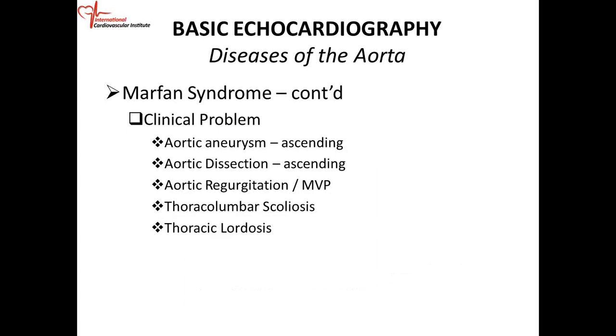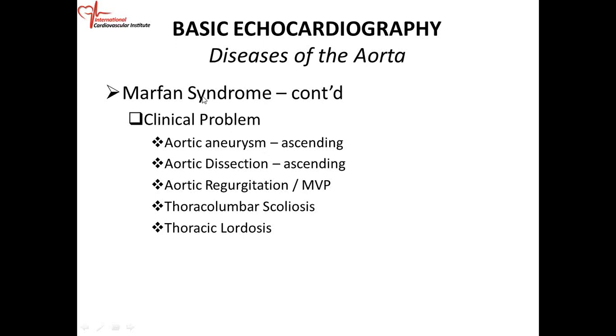So we've been talking about Marfan syndrome. Marfan syndrome individuals tend to get aneurysm of the ascending aorta, mainly, or aneurysm of the sinus of Valsalva. So they can get aneurysm of the ascending aorta. They can get dissection right there. Of course, these individuals